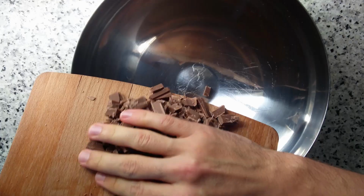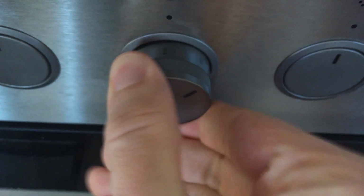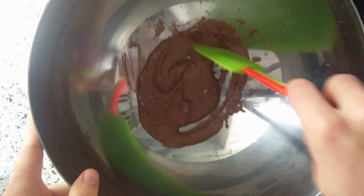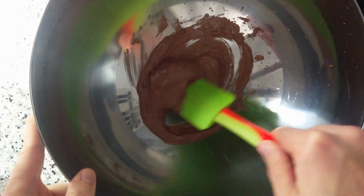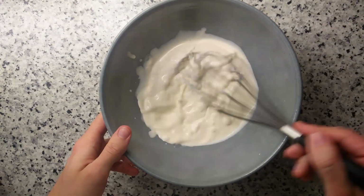After that, transfer the chocolate into our bowl and give it some water in a pot to make a water bath. Turn on low heat so that the chocolate doesn't get too hot. Then when the chocolate is melted, remove it from the water bath and let it cool down until it reaches finger temperature. In the meantime, give 250 milliliters of cream in a bowl and whisk the heck out of it